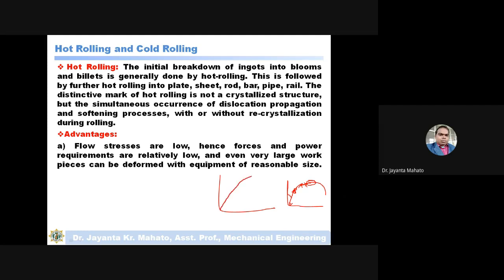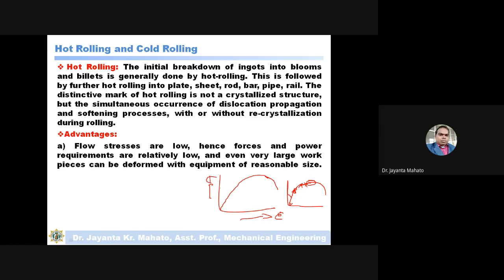This is the required stress, and after necking, the stress will decrease. Along this direction is the strain. So the more you strain the material, the more stress is required.